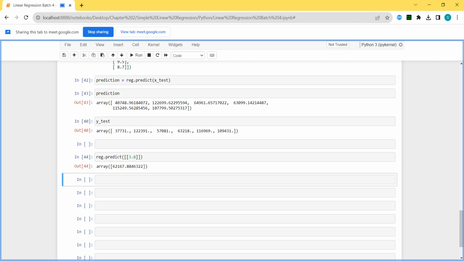Now, what will be the salary of Karishma? Here I have predicted. So this is the salary of Karishma. Let's say Prince is telling, sir, I'm 0 years of experience. What will be my salary? Still, I'm getting some prediction: 26,000. So even for a fresher, what should be the salary? Even for experienced, what should be the salary? This is how HR analytics works.